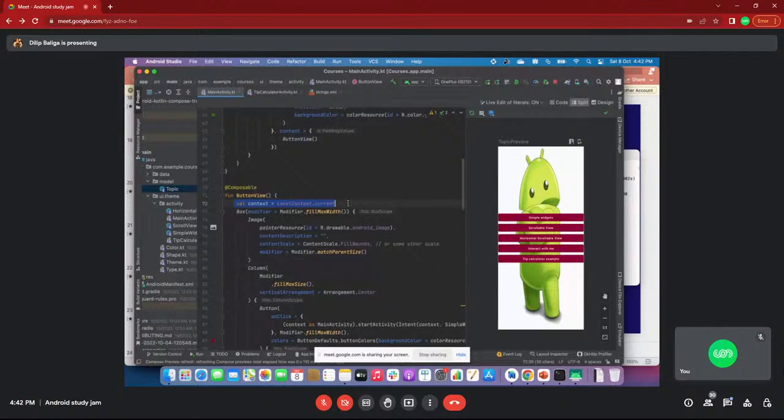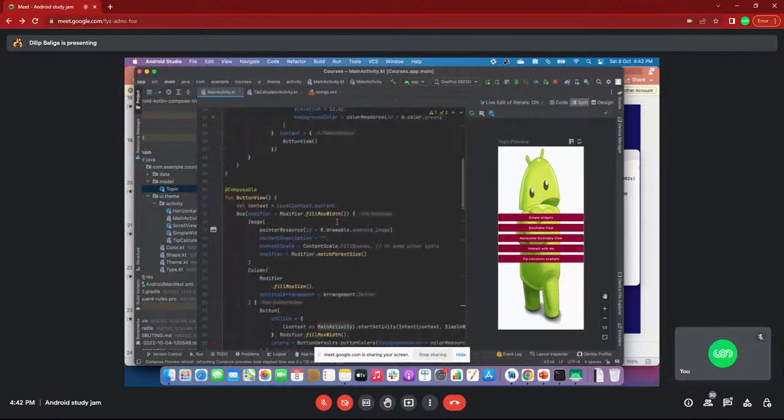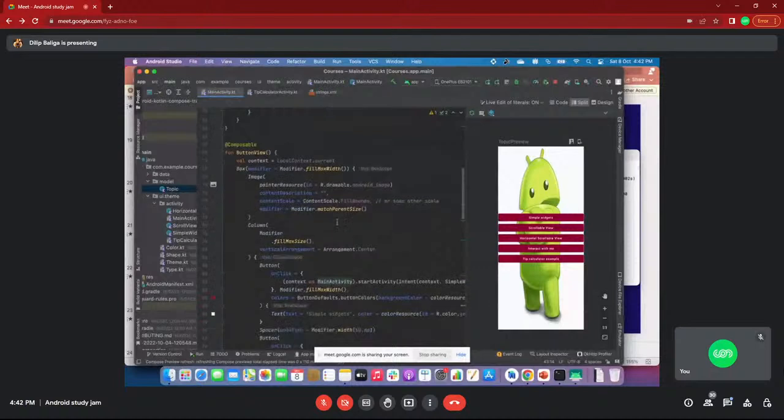Basically I am accessing the context of this activity. You will get to know it if you work on this application. And this is a Box. First I've written Box. You can leave it, no issue. Consider Box as just one real-time box.